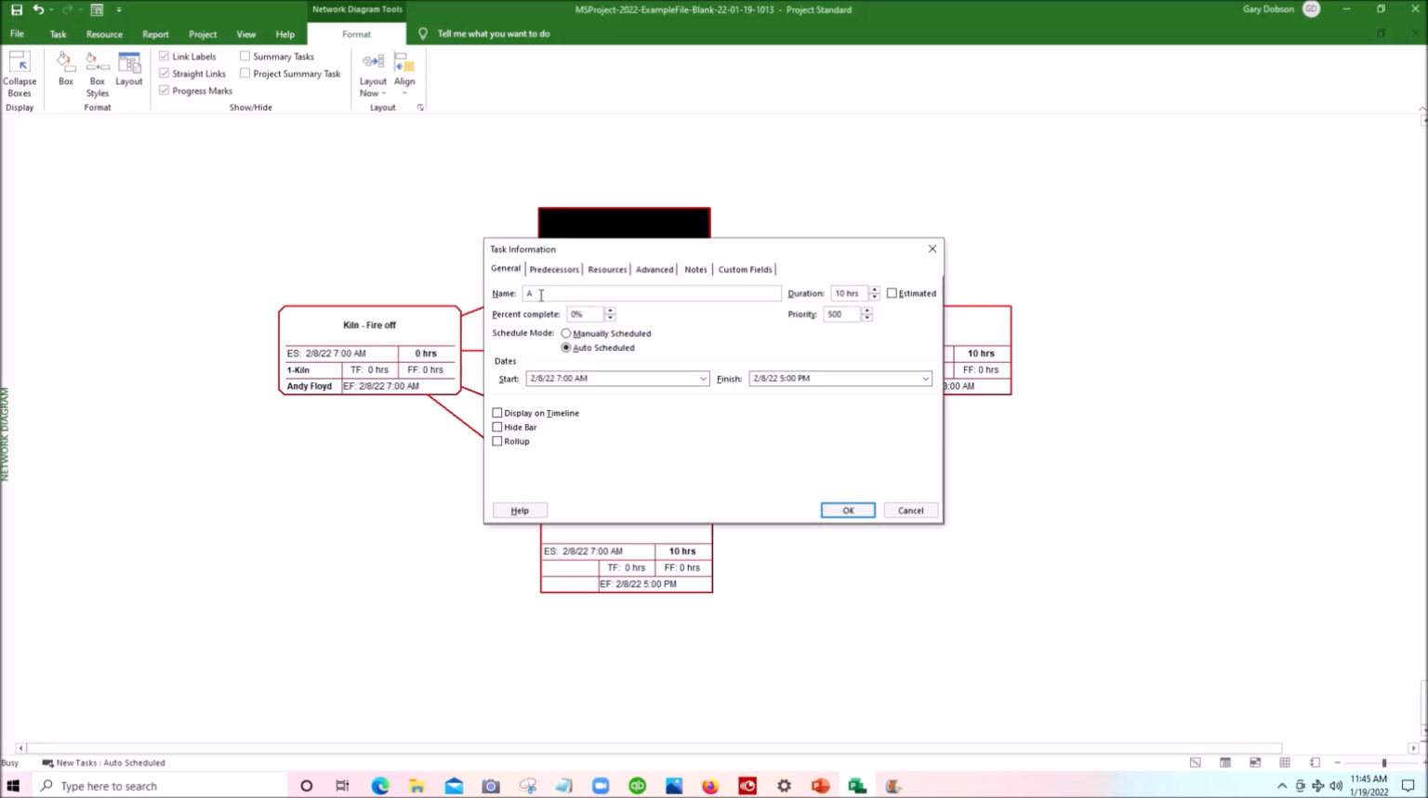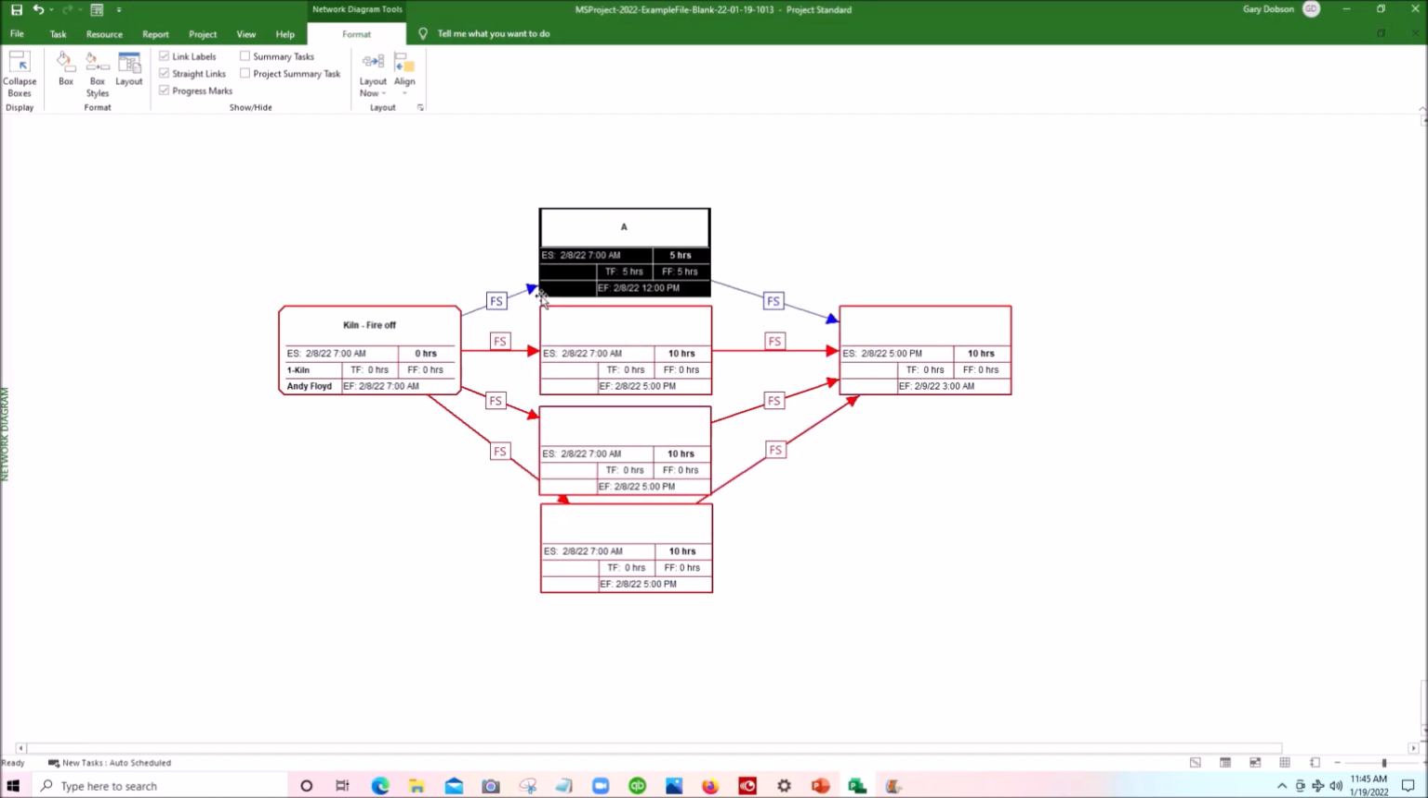So we choose our name here as A, and then we simply hit the tab button, and that will take us across to the duration box. Now the duration box is in hours, so what we do is simply enter a number there. So let's say activity A is going to take 5 hours. We click on 5 on our keyboard and we click on enter,